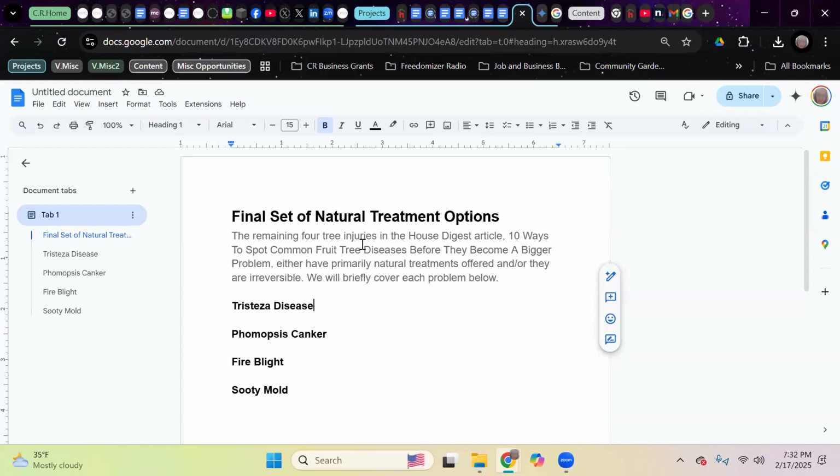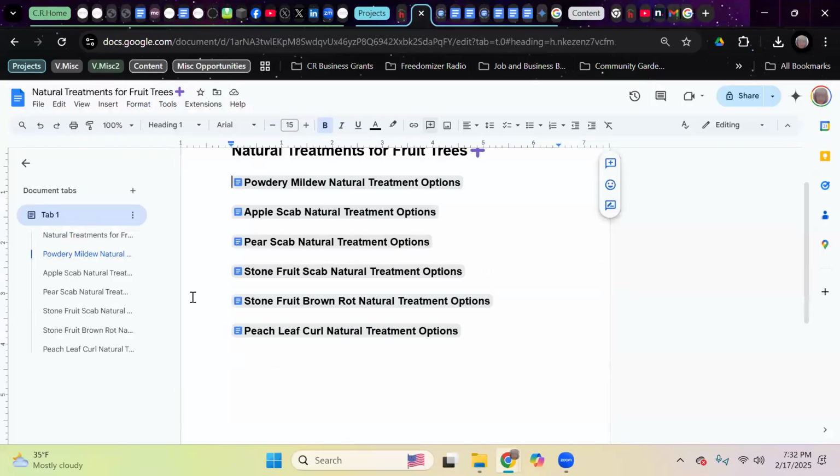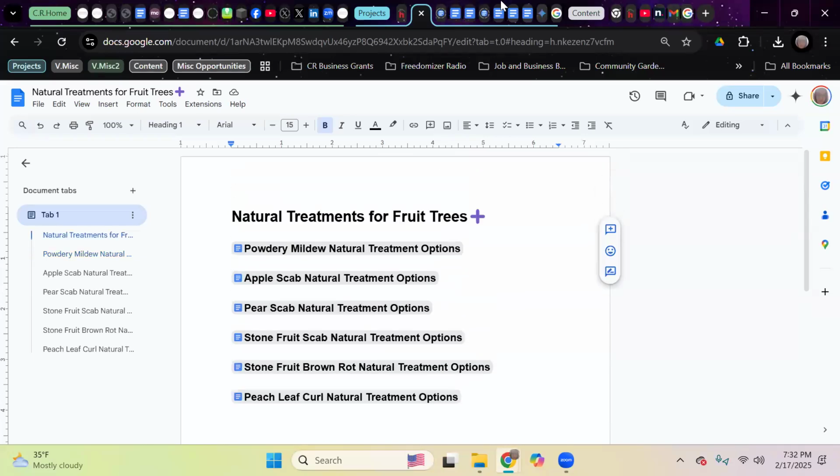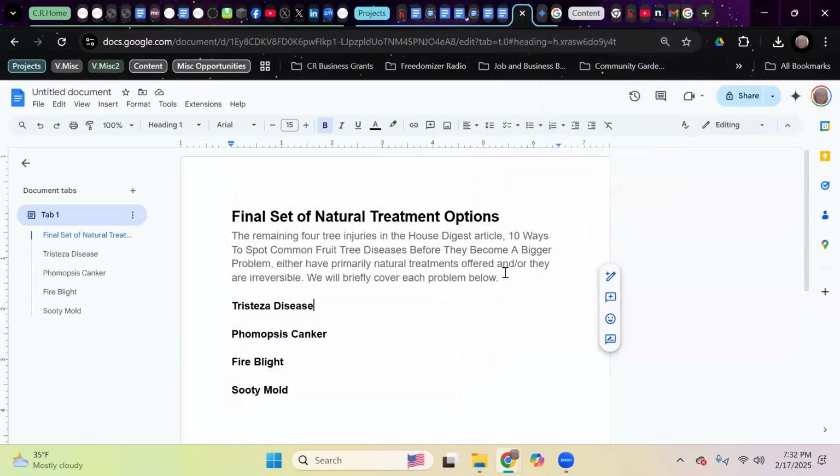There were a couple of places where you couldn't reverse it entirely, and there was only one suggestion that really was against what we talk about here. We'll go over a lot of that kind of information within the first few articles, because there is a repetition that you'll see throughout all of the different articles. We have 6 so far. We're going to have an overall document available to you that has all of these different topics covered for disease and natural treatment. And this is that final piece.